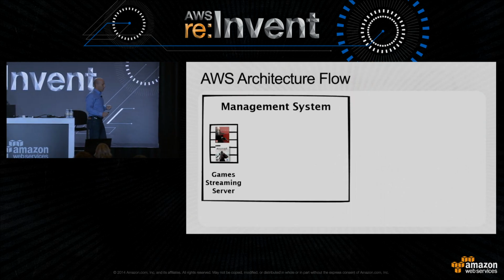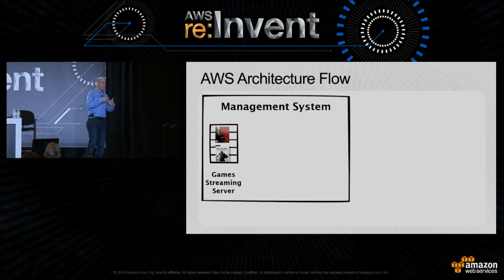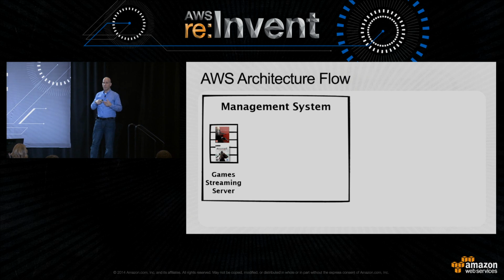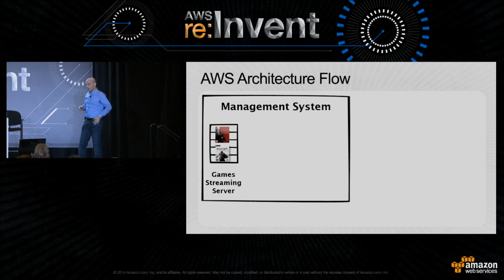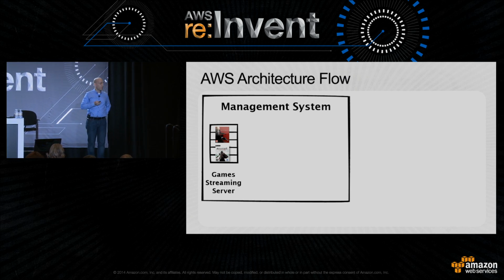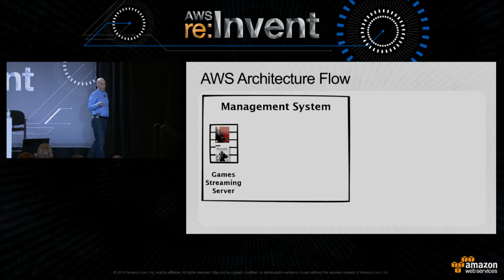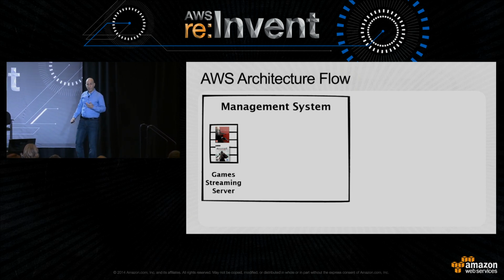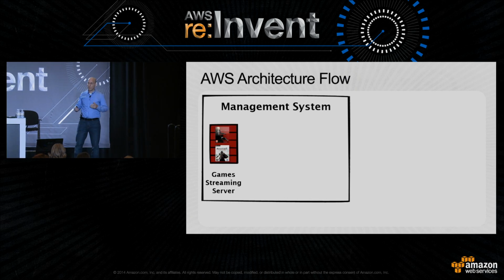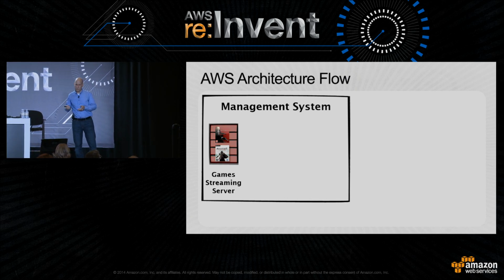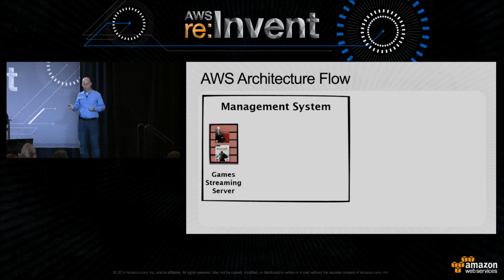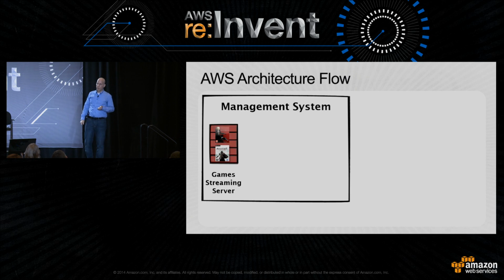So how does the architecture look like? What is the flow? When you take all those components, how do you connect them together in order to have a complete system? So let's look at this flow. Here we have the management system. And there is a game streaming server running with games. And let's assume that at some point in time, there is a lack of space. You cannot run more games on that server. So at that point in time, we actually